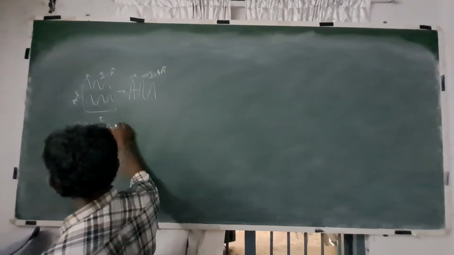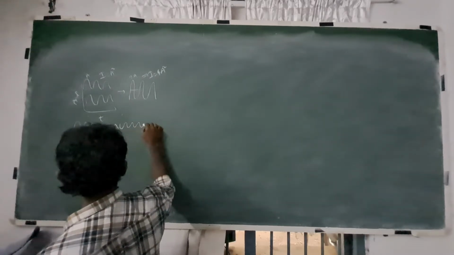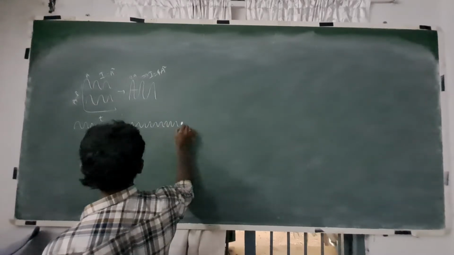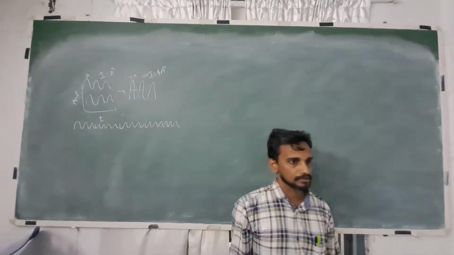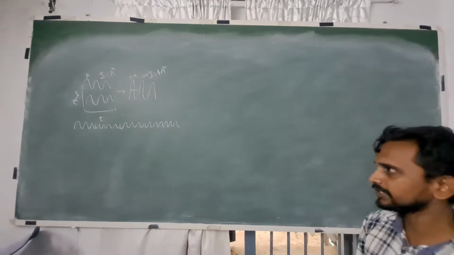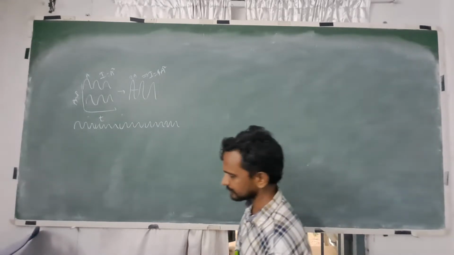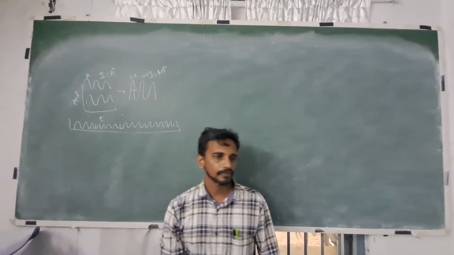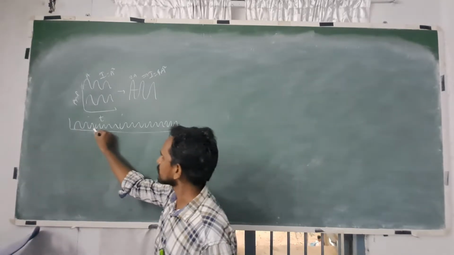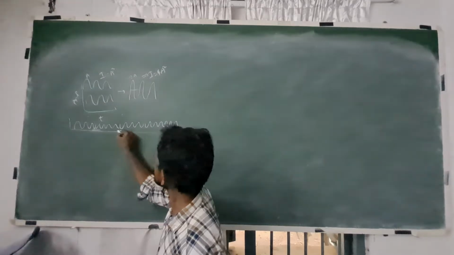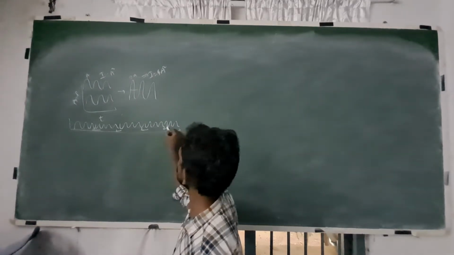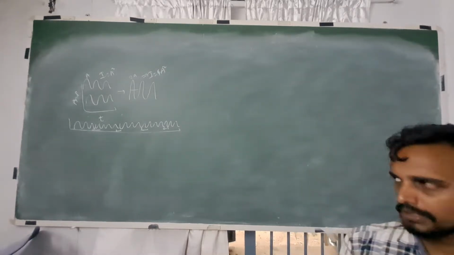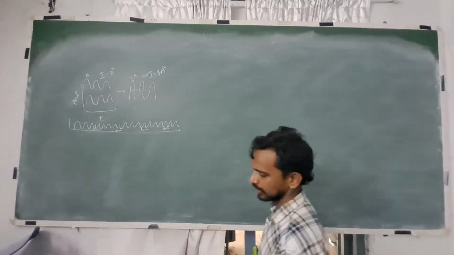then what happens? So we get a series of wave patterns, a series of wave packets. So there will be some disconnection. Right? There will be some disconnection between these photons.